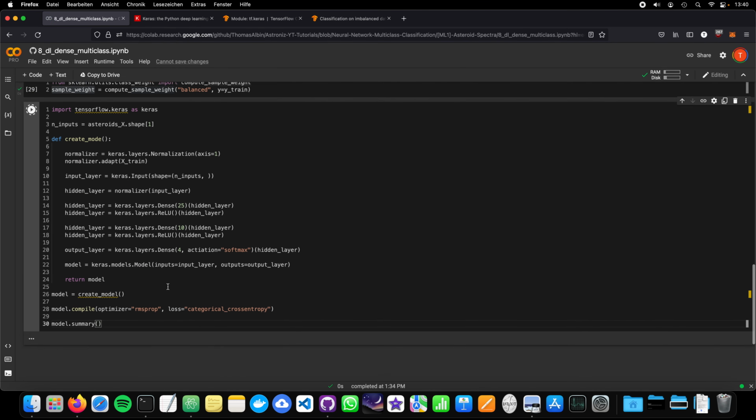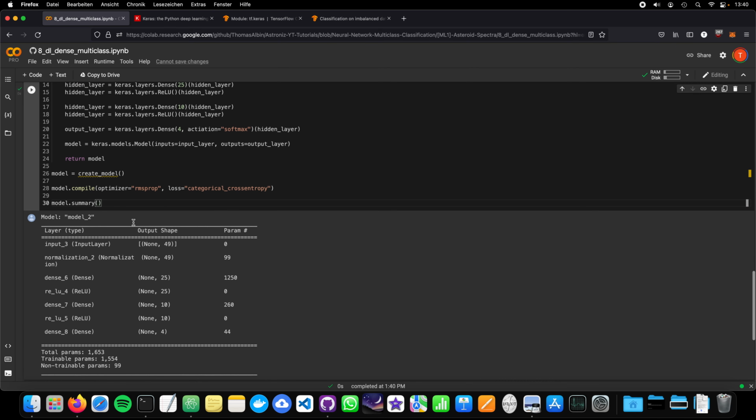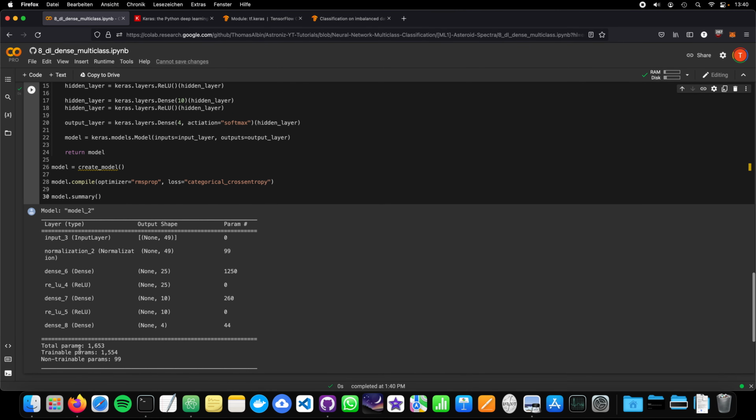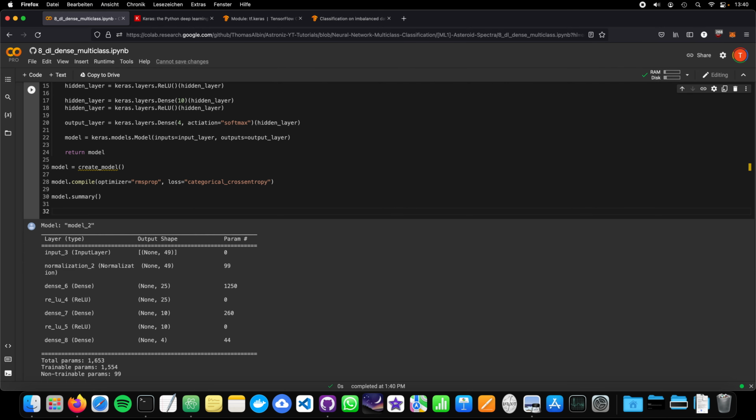Now let's take a summary of our model. Here's our model being described. And the number of trainable parameters is around 1,500. So this is not a lot. This is really just a very small model. And let's see whether this model even has a good performance or not. You can really extend it with thousands of layers, but it's probably overkill. So just stick with maybe 2, 3 layers and don't exceed that, because at some point you will not